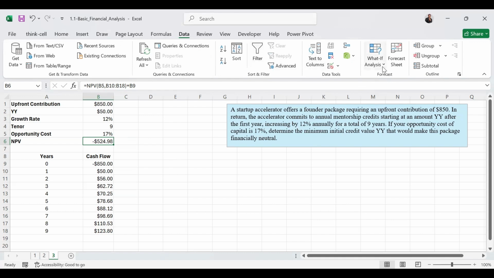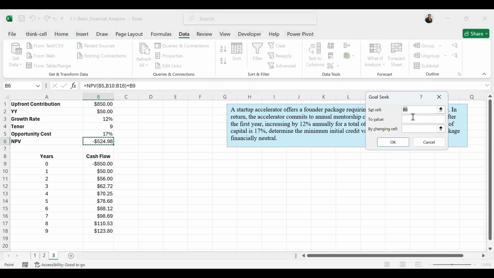Then under Forecast, where we have What-If Analysis, we select Goal Seek. Then with our Goal Seek, we are going to set our value, that is this NPV, B6, to 0 by changing the cell YY. Then we click OK